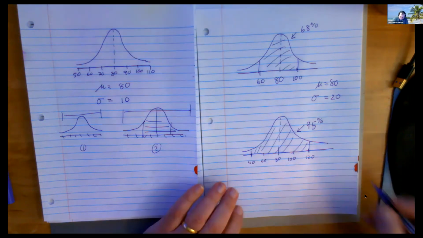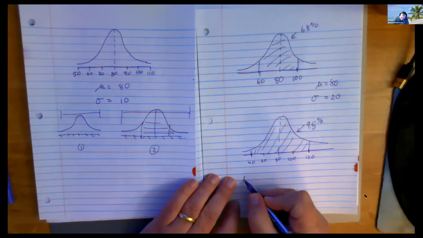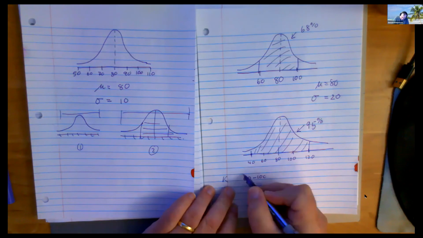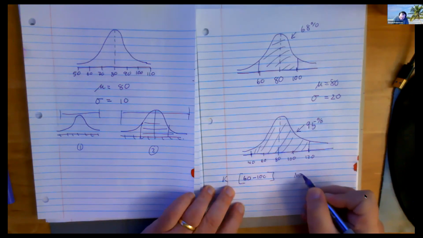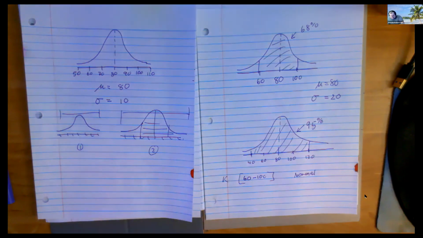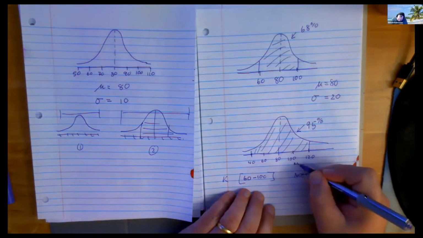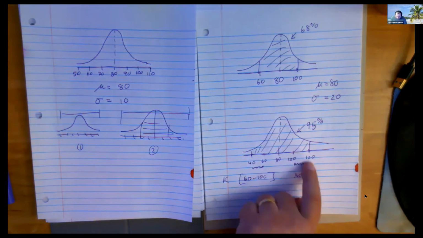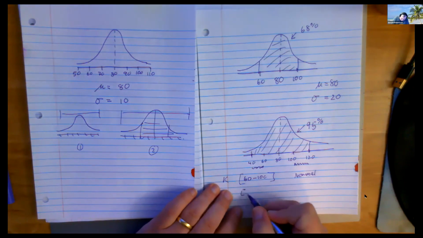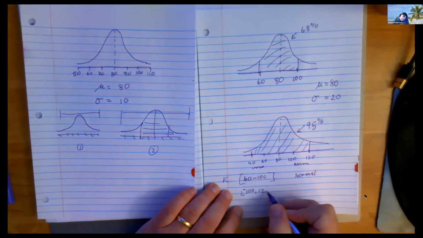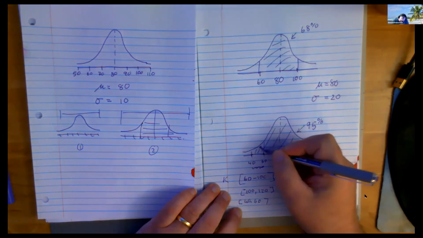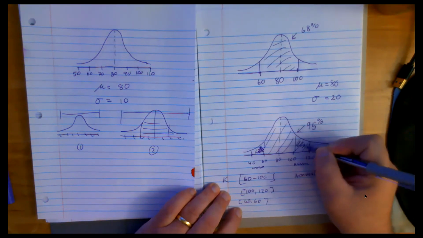So if I was doing the medical field, I would be saying, look, if your range is 60 to 100, if your potassium level is 60 to 100, I'm going to call that normal. Now, when you move it up to 2, do you see that there's a little boundary here and a little boundary here? What do you think they're going to call somebody whose potassium level is 100 to 120? Or if you go the other side, wouldn't it be the 40 to 60? So basically people who live in here, and the other group is people who live in here.